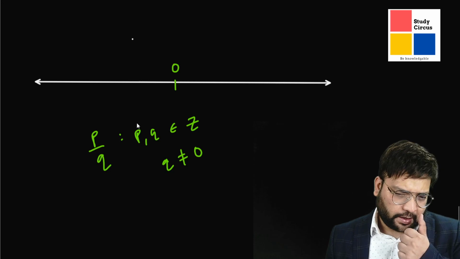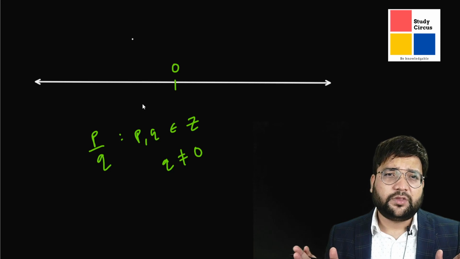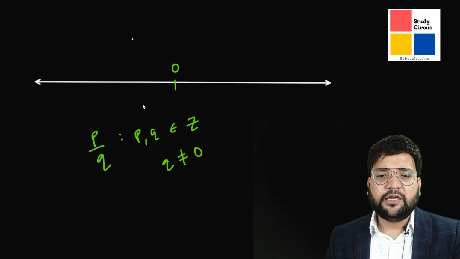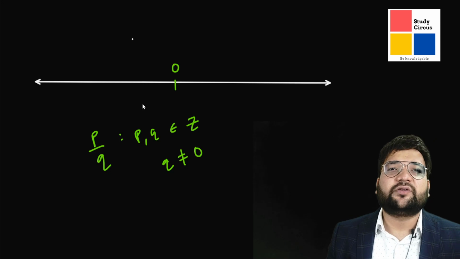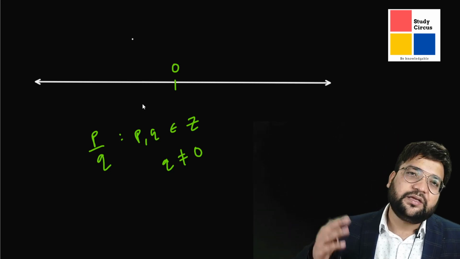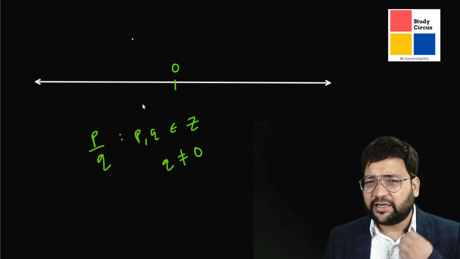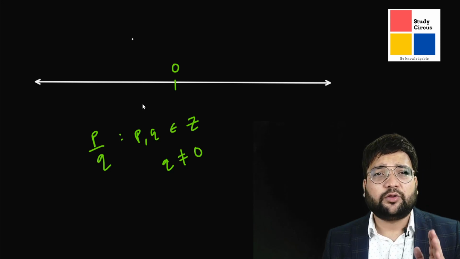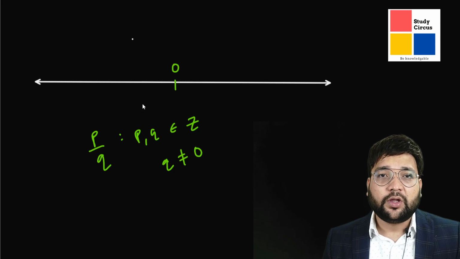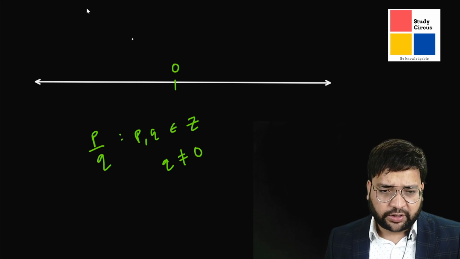Now, there are infinitely many numbers between any two numbers on the real number line. Just pick any two numbers on the real number line. There are infinitely many rational numbers and infinitely many irrational numbers between the two selected numbers. Just select any two numbers, whether rational or irrational, no matter how close they are. There are infinitely many rational and irrational numbers between them.